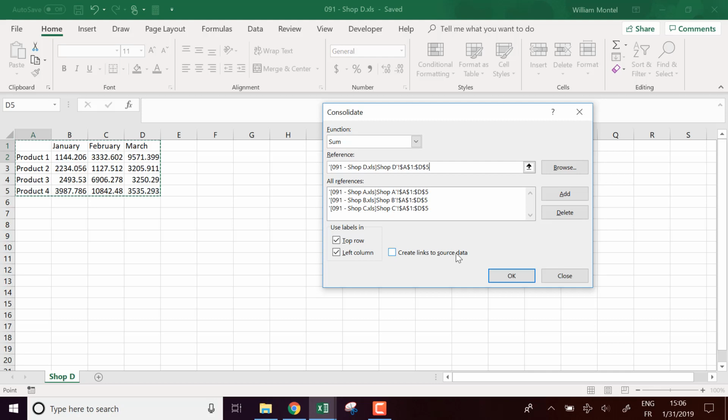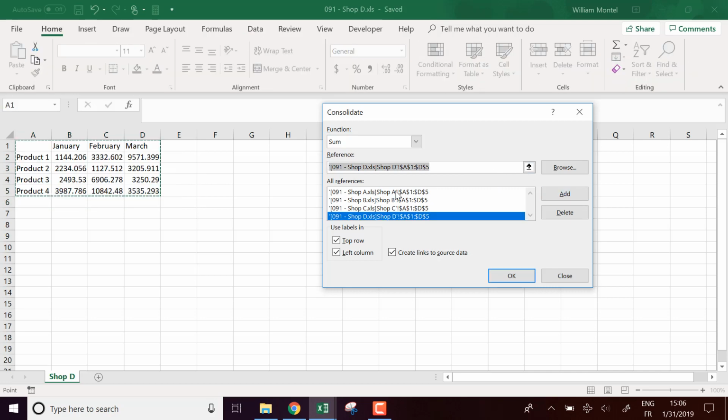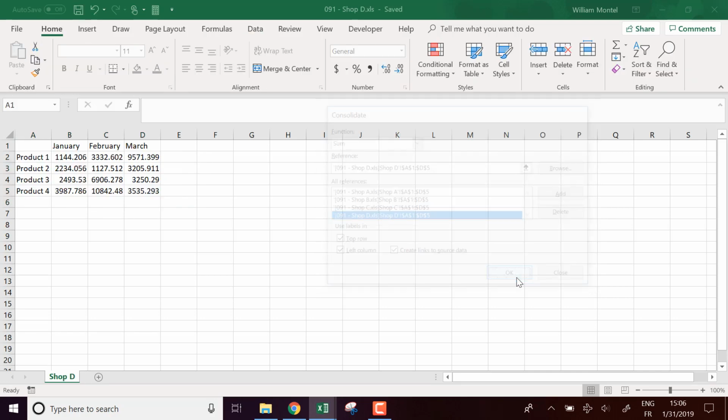And one thing which is really useful, I'm going to create links to the source data. So I'm not only going to copy the data and make a sum on it, I'm as well going to create link to the original sheets. This way, if I update the figures, for example, if I update my sales number for February in shop D, it's going to update them as well in the summary. So I'm going to create links, and I have to add this one as well. So I have A, B, C, D. Okay, I'm going to